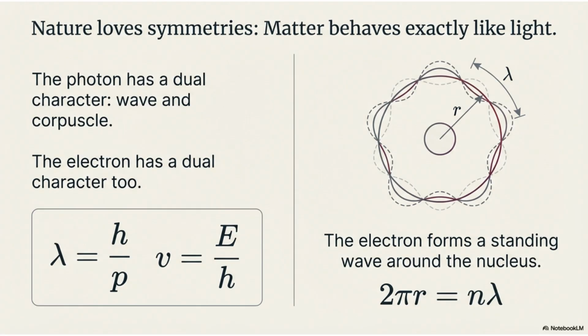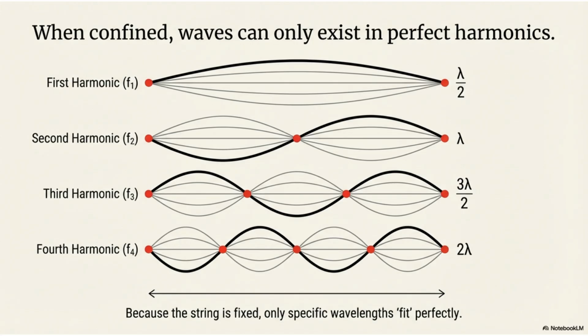Nature loves symmetries, and matter behaves exactly like light. Both the photon and the electron possess a dual character, acting as both a wave and a corpuscle. The electron forms a standing wave around the nucleus. When confined, waves can only exist in perfect harmonics. Because the boundaries are fixed, only specific wavelengths can fit perfectly, creating discrete harmonics like the first, second, third, and